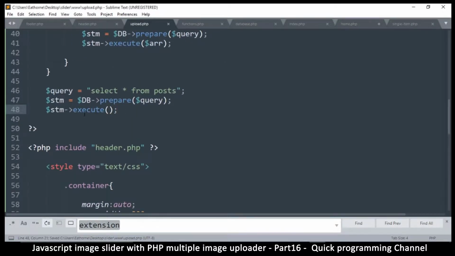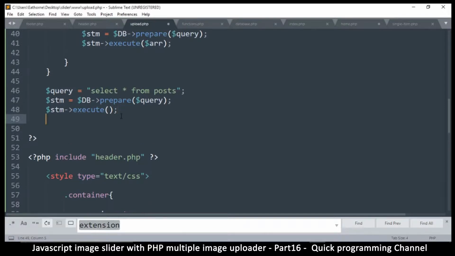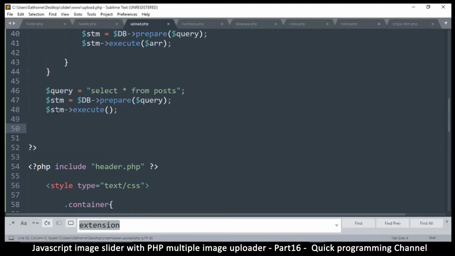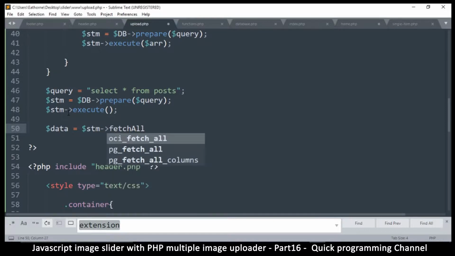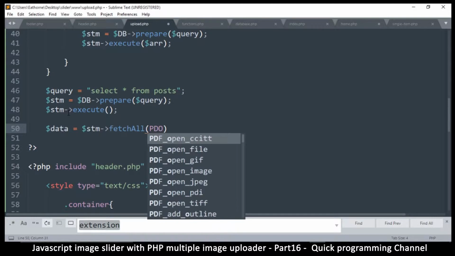And then once we execute them, or you can put an empty array here. That's fine. Once we execute, we want to read from the statement. So I'm going to say data is equal to statement fetch all. I want to fetch all, and I want to use PDO